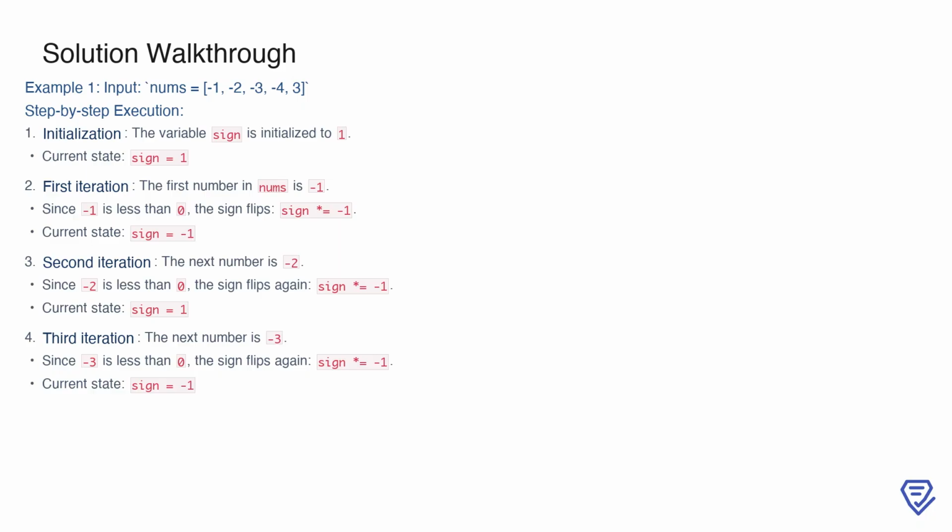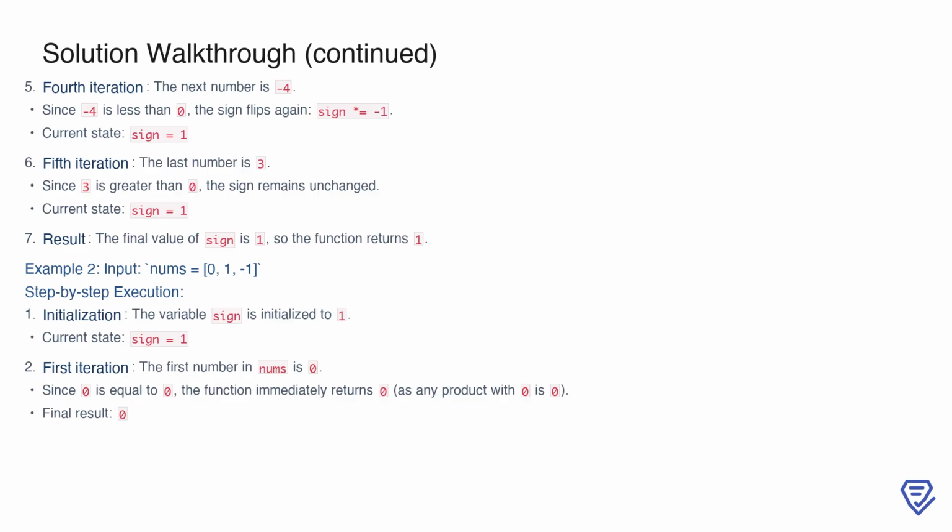Moving to the second number, -2, we notice it is also less than 0. Again, we flip the sign by multiplying by -1, which brings sign back to 1. For the third number, -3, we repeat the same process. Since it is negative, the sign flips once more, and sign becomes -1 again. Next, we continue with the fourth number in the array, which is -4. Because -4 is less than 0, the sign flips again by multiplying sign by -1, resulting in a value of